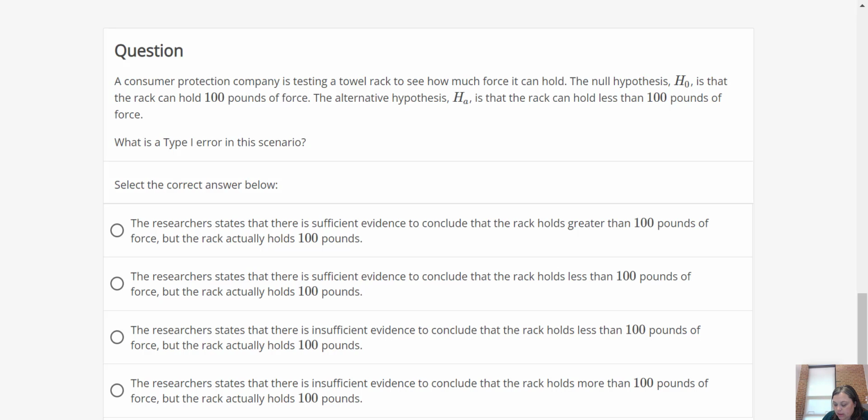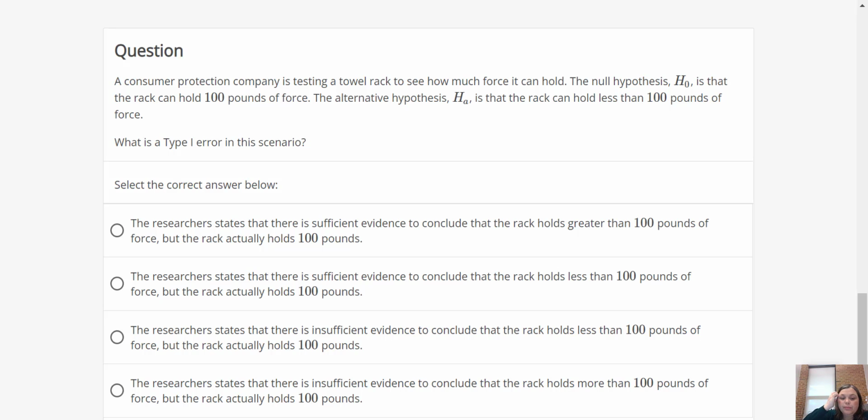The null hypothesis is that the rack can hold 100 pounds of force. The alternative hypothesis is that the rack can hold less than 100 pounds. What is the type 1